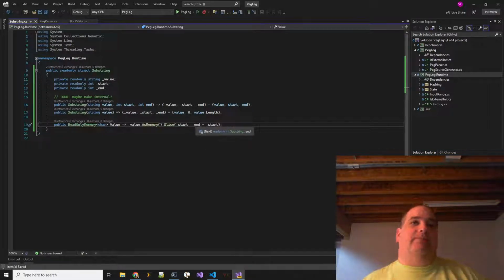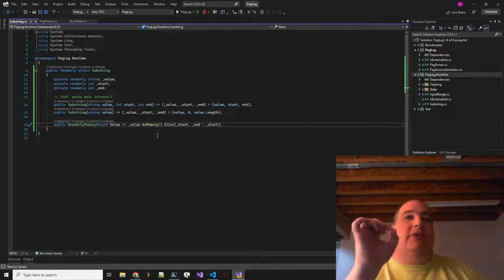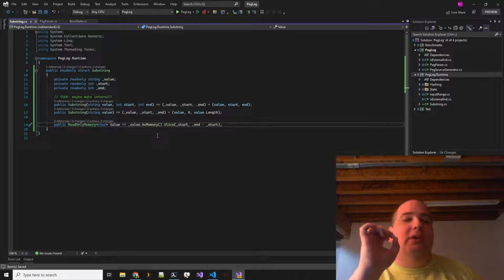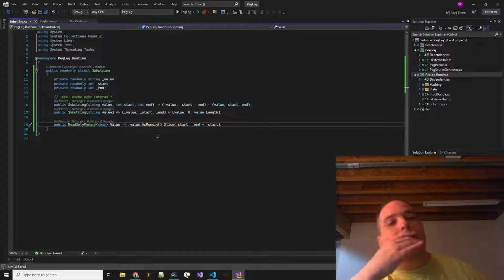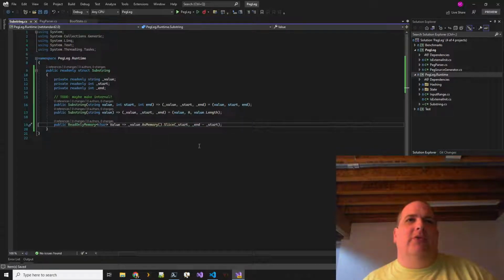Just doing a boundary check in my head: start and end being the same, which is totally valid using start and end semantics, is equivalent to a length of 0. So yes, it's underscore end minus underscore start. No off-by-one errors there. All right, so we've got this substring type that we can generate from a string.